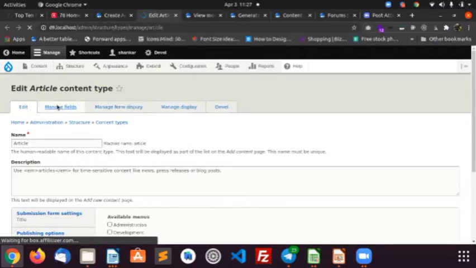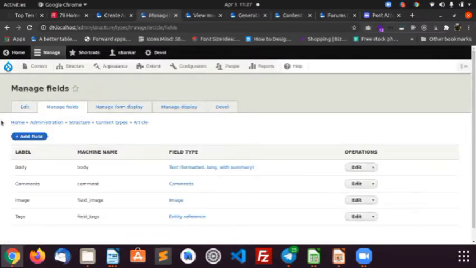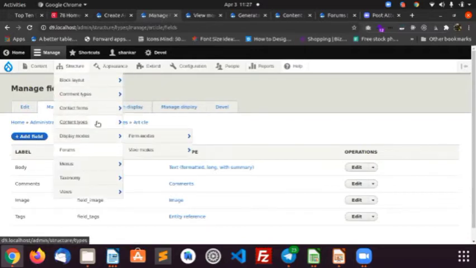Here only, if you want to, you can add more fields. Likewise, you can create your custom content type by navigating to Structure, Content types, Add content type. Say, for example, if you want to add a movie review, you can create a content type as a review. What would be the review structure? It could be a film title, film banner image, body content, and star rating. These kinds of fields you have to collect before creating the content type.